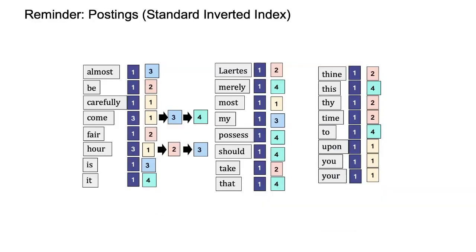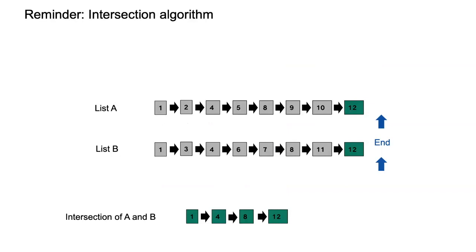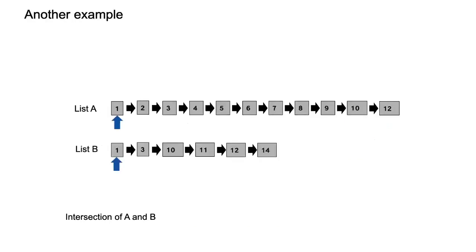So we built, for example, here the standard inverted index, and we saw how to intersect when you have an AND in the Boolean query language. We saw this intersection algorithm of two linked lists. Now, here is an example that we are going to intersect on. I have two terms, list A and list B. I don't know what terms these were, but these are just two terms and their posting lists. So we do the intersection.